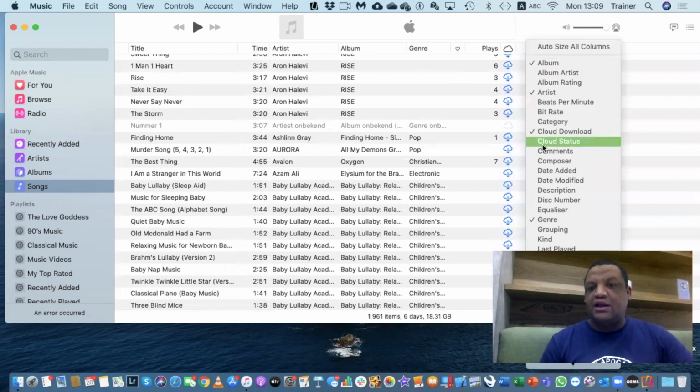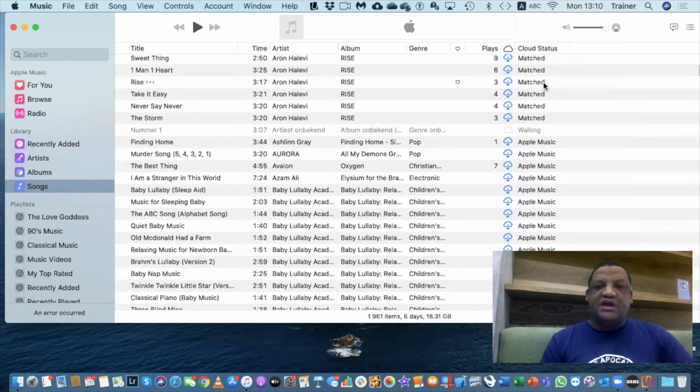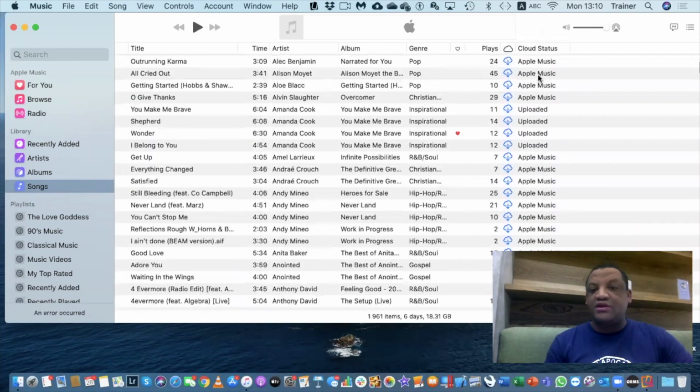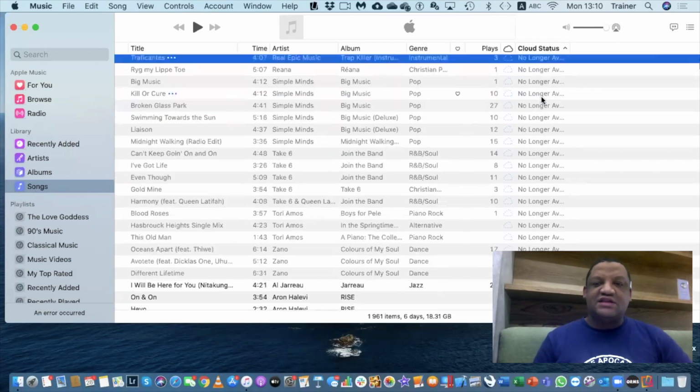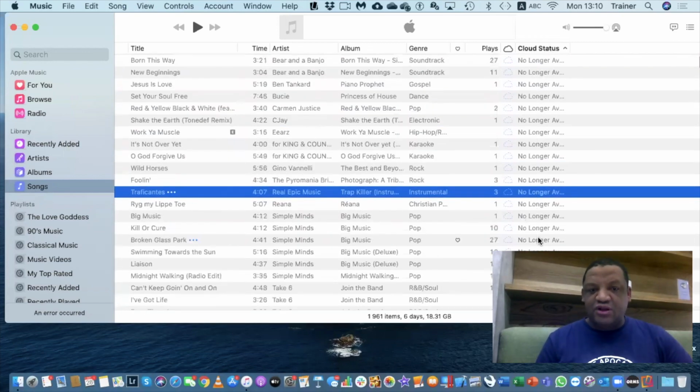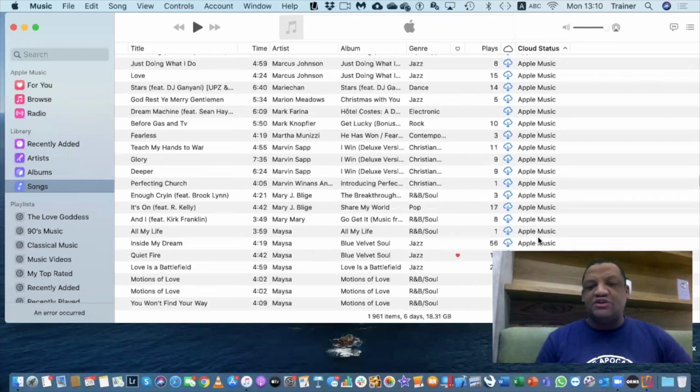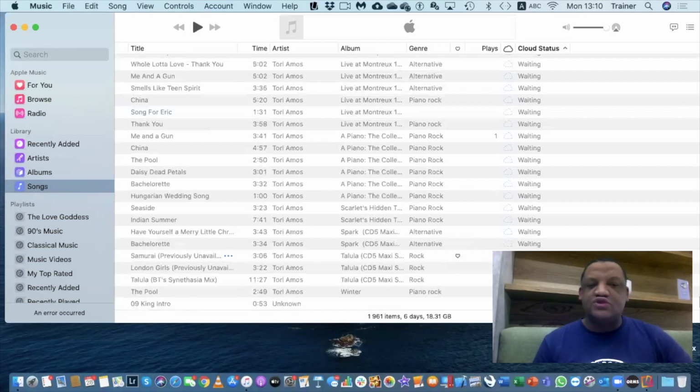and that is my cloud status. Now here in my cloud status, it will show me the ones that are sitting in my Apple Music, the ones that have been uploaded, right? So they have been uploaded to Apple Music, which wasn't there before, but it's been uploaded. And then you also get the others that say either it's not available, and I'm just going to go right at the bottom. It says it's waiting.